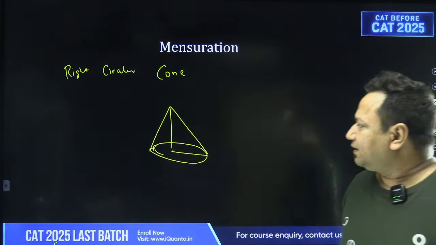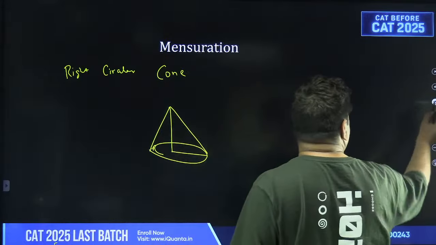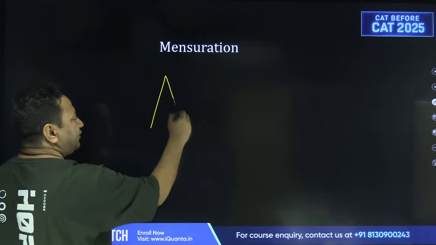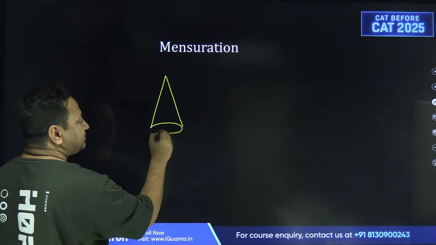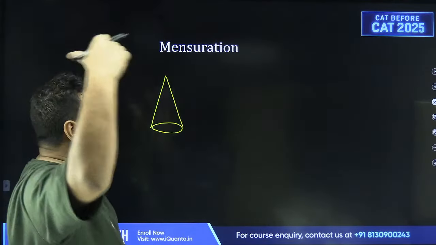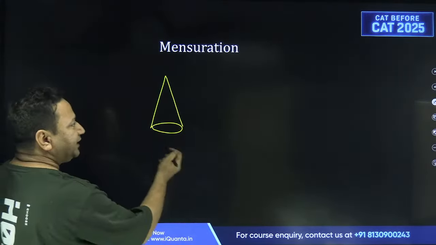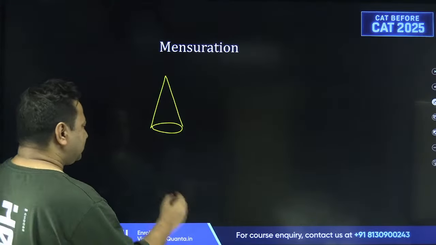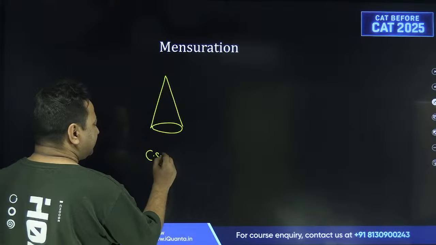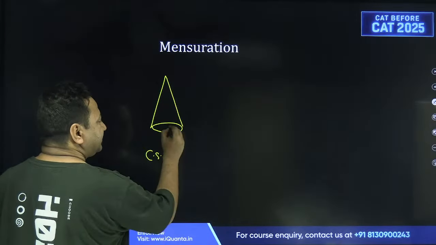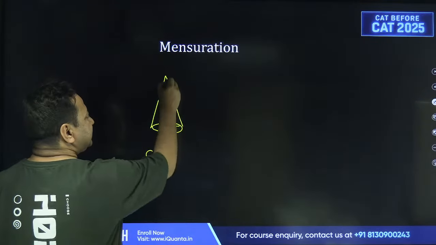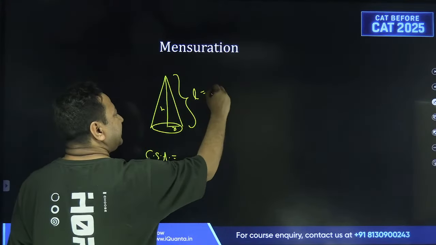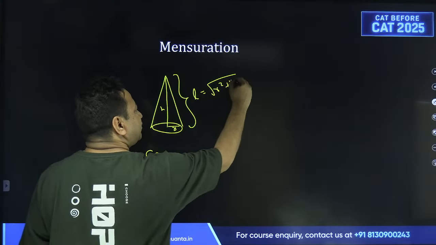Alright. Now, the cones can also be of two types. You must have seen a few caps, birthday caps, the Christmas caps. So they are hollow, right? And they can also have a base. Both are possible. So if I talk about curved surface area, how do I calculate it? This is r, this thing is h. Now this slant height here, that is l, and is given by square root of r square plus h square